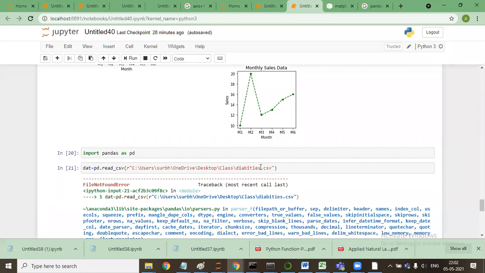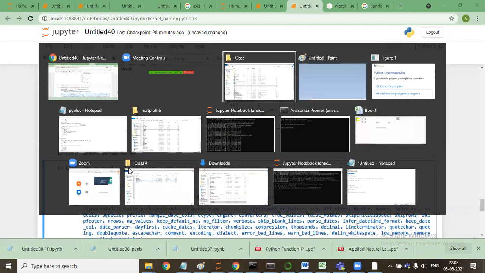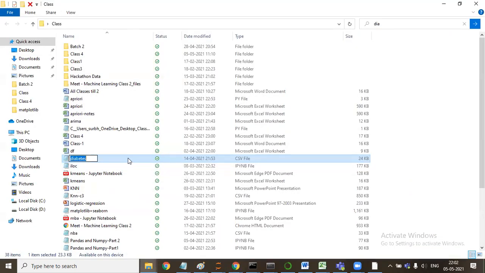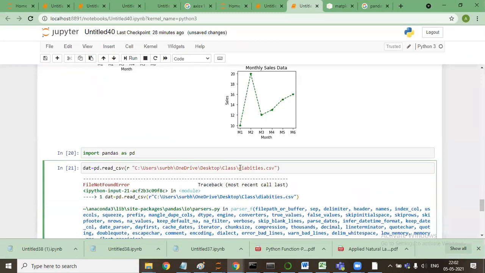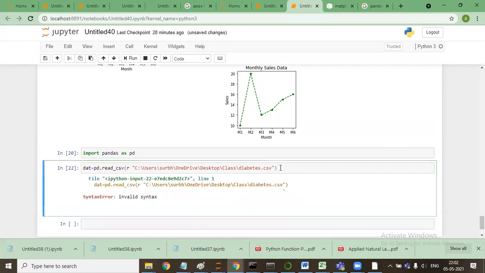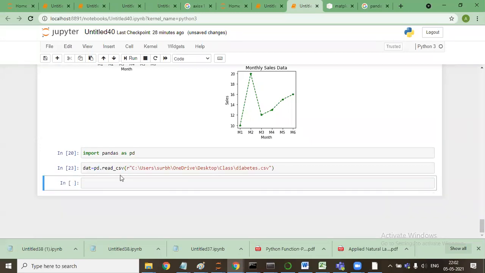I think we need to remove that R. No, R will be here only. Let me see what the problem is. Okay, this will have the data. I guess the file name was not correct. The spelling was not correct, sorry.